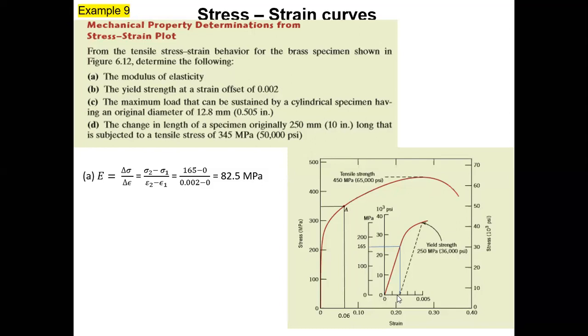Corresponding to this point, you can calculate the stress from the scale. Here the point is 0, so that's why we put 165 minus 0. Because to calculate the slope, you have to choose the 2 points in a